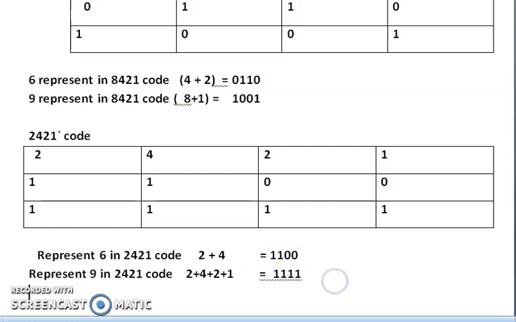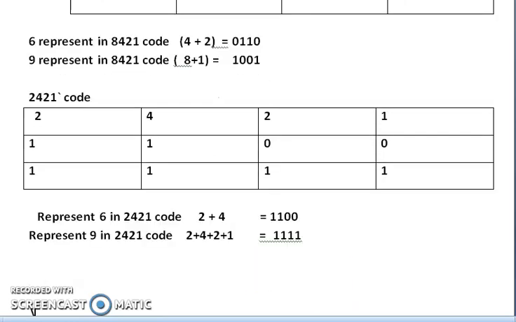And similarly, the excess 3 code. The excess 3 code is equal to the 8421 BCD code plus 3, that is 0011.